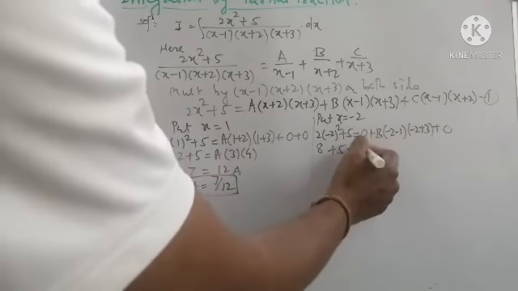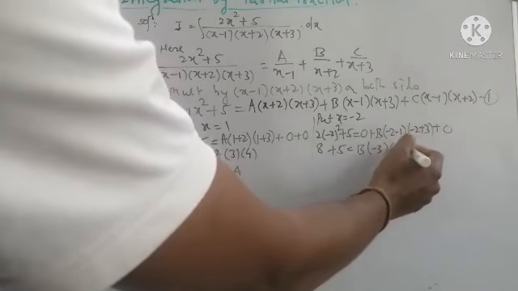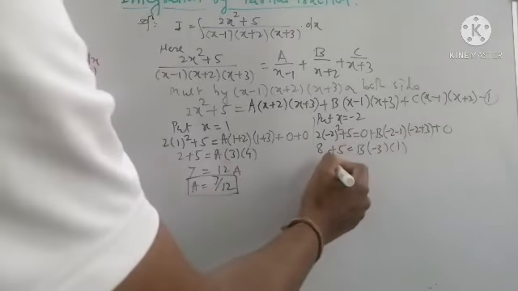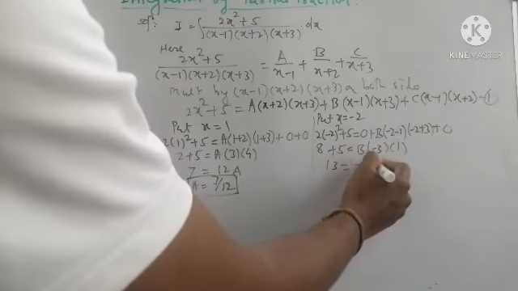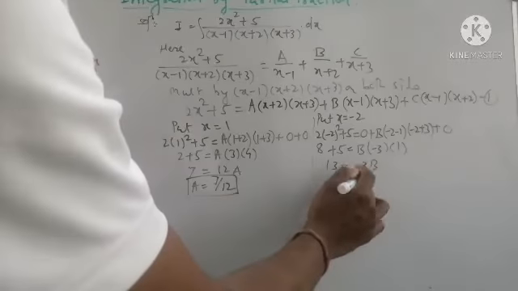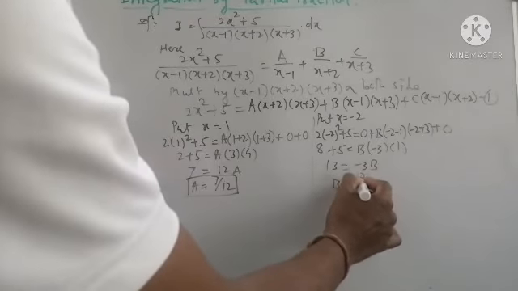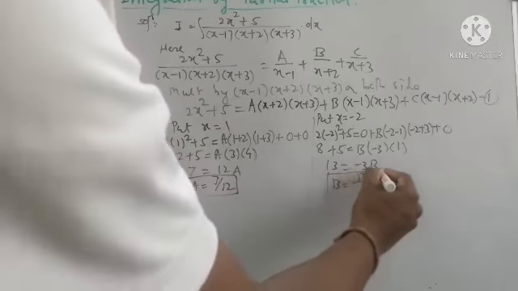Here in the term of b, in the first bracket we get minus 3, in the second bracket minus 2 plus 3, which is 1. Now 8 plus 5 is equal to 13, which equals minus 3 into 1 b, minus 3b. So b will be minus 13 by 3, as the minus sign goes to the left hand side and 3 in the denominator. So the value of b is evaluated.